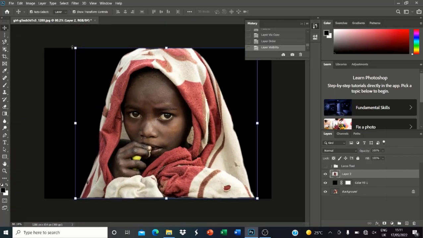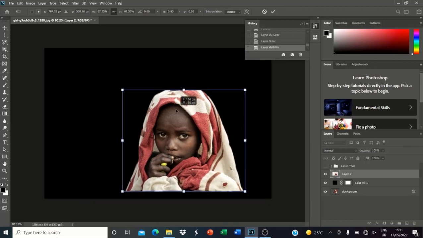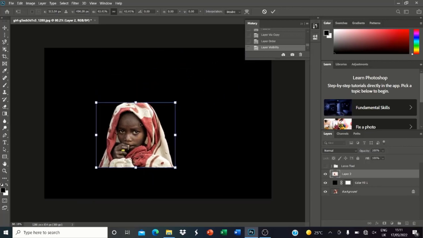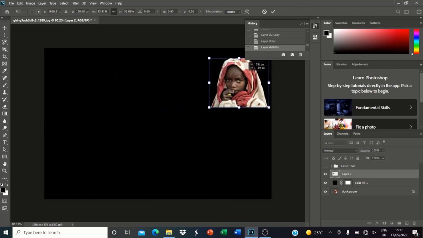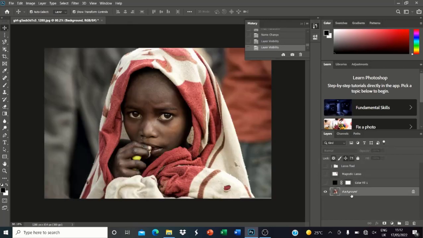Now with this, you can actually still scale it and do whatever you want to do to it with the aid of the move tool that we've learned earlier. And so the last tool we want to learn, so we're going to group this, just name it the magnetic lasso tool. Okay, so that is it, and then we're going to hide it, and we're going to try the last